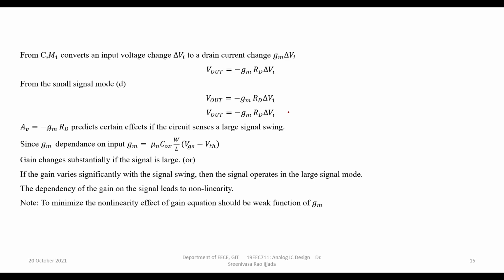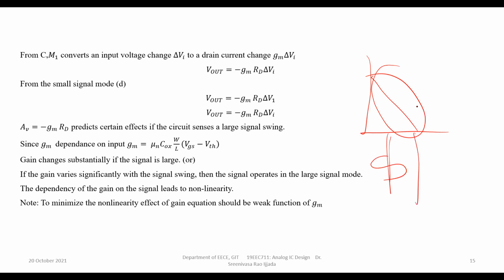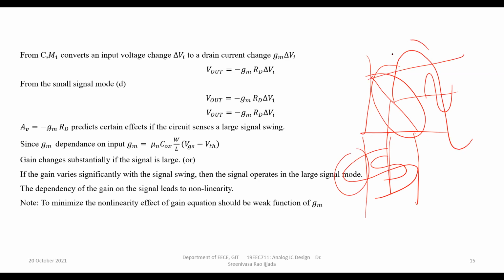So what to do? How to overcome this non-linearity? Whenever the signal swing is large, yesterday I think I already told you, this is my load line. If the signal is operating in this region, no issue. Suppose this is my signal, then no problem, because within this limit only it is there, so it can have the amplification like this. Suppose the signal is like this, this portion will not be amplified because it is beyond the linear region, or below it. So these effects are called non-linear.